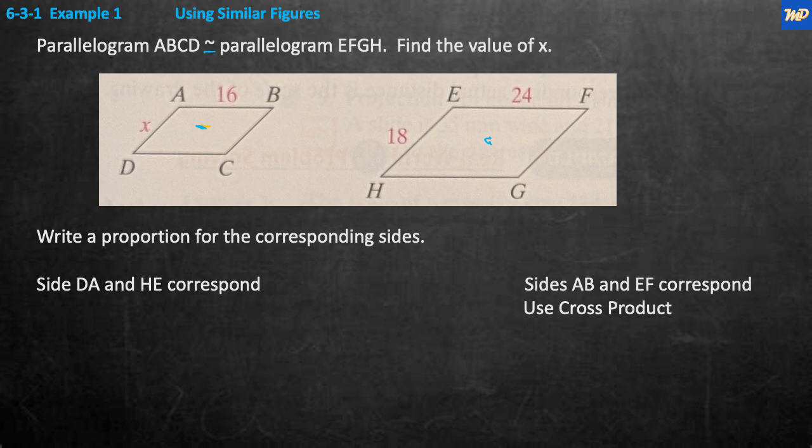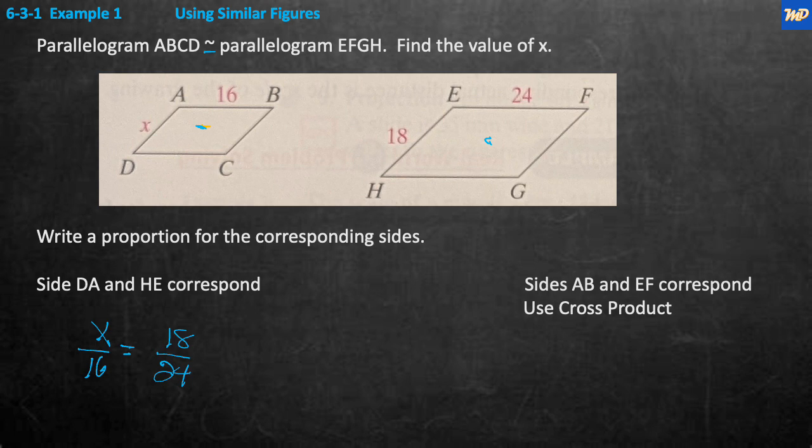When you're trying to find the value of x in this case, it's best, if you have the freedom to write it the way you'd like, to put the x on top in the numerator when you write your ratio. So it would be x over 16 is equal to 18 over 24. The beauty of this is that the x is in the numerator already. That means you don't have to move it. The only thing you're going to have to do is